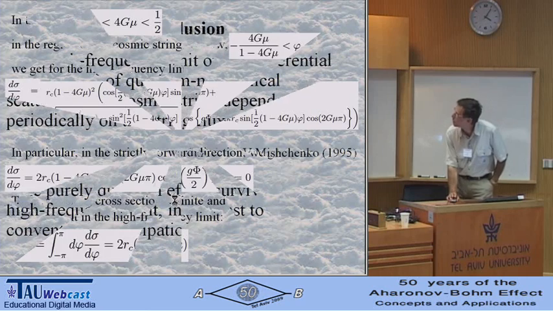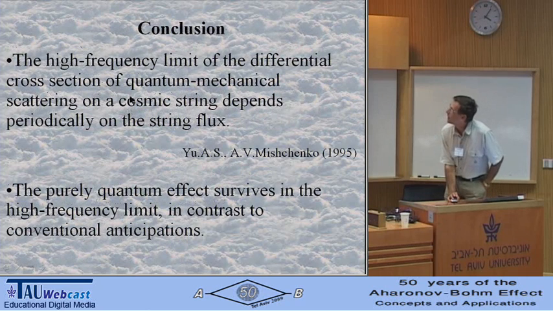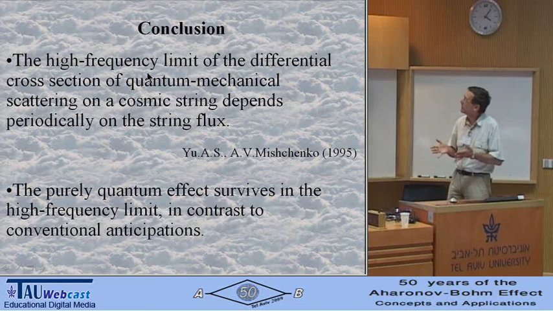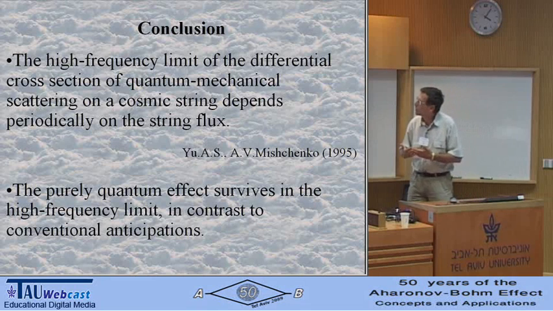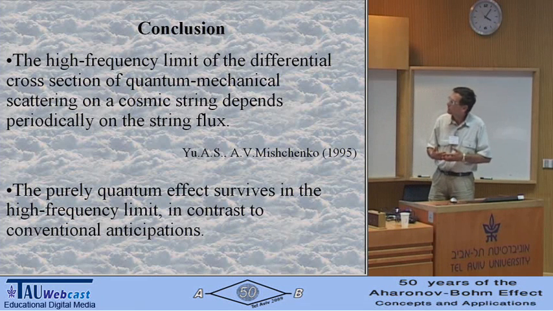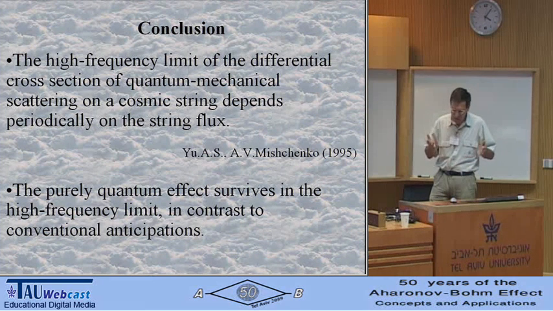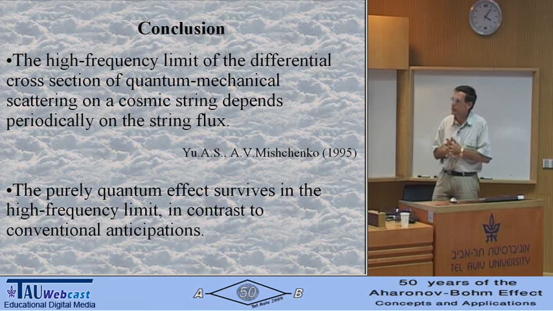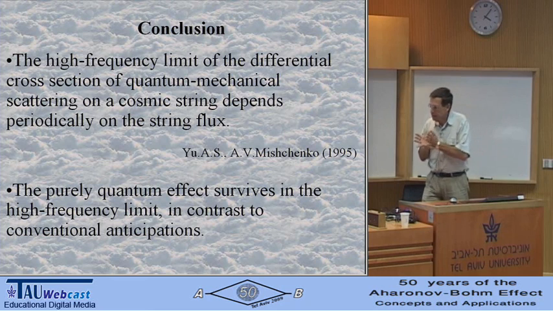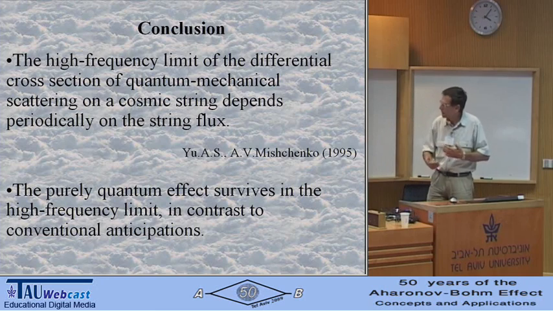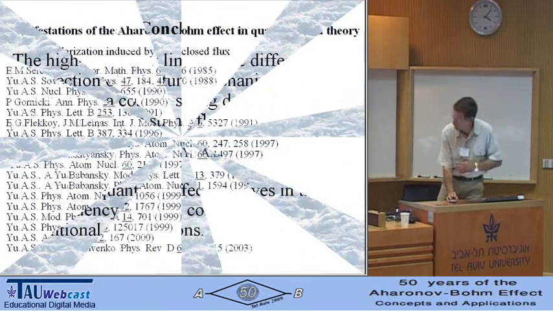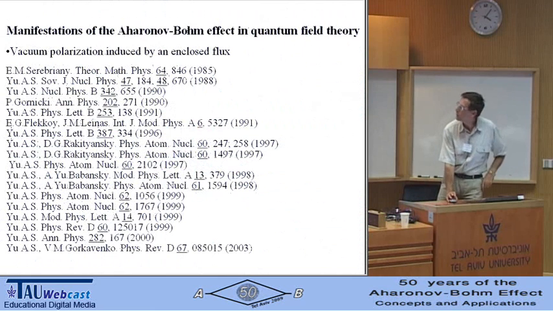So the conclusion to this part of my talk is that in the high frequency limit, the differential cross section depends periodically on the value of the enclosed string flux, and this is contrary to our expectation that in the high frequency limit there will be some quasi-classics, and there will be a smooth tending to the classical limit. Now I have 1 minute, but I just have time to list that